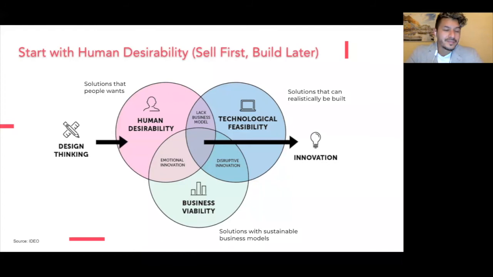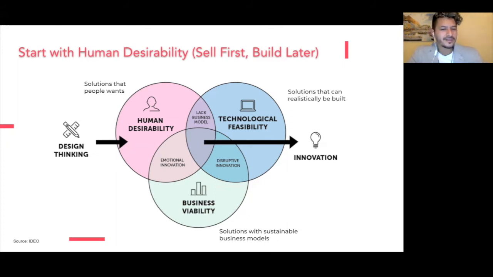You have the right, you have the money to build that, okay? And the last one is the business viability, okay? So a solution that will become a sustainable business model, okay? And then the extra thing that design thinking puts into the mix is